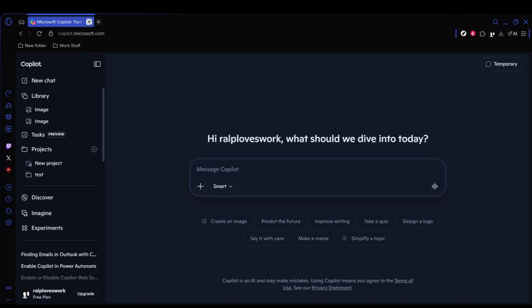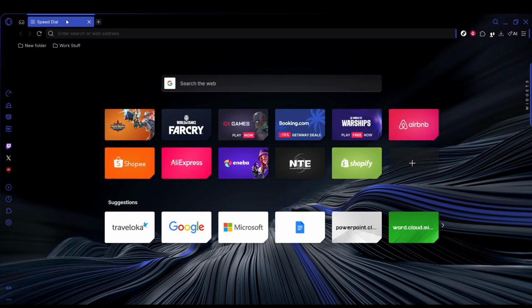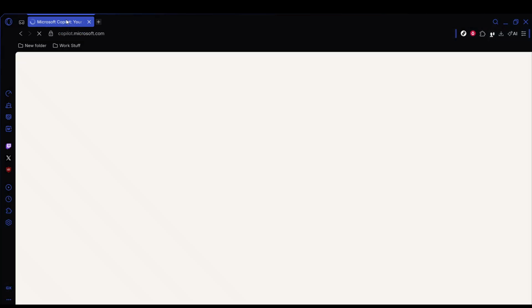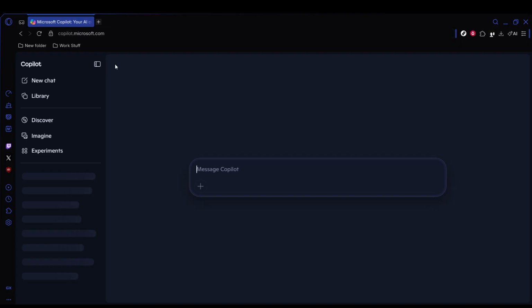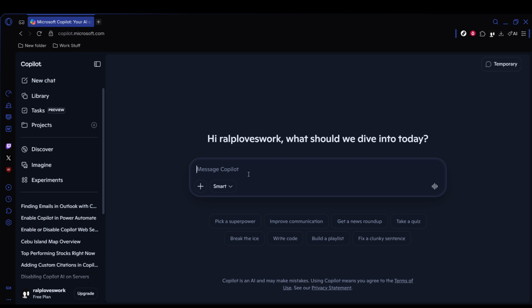Once the panel is open, look near the top or bottom of the chat window for the new chat button. In most versions, this appears as a plus sign or sometimes a broom icon. Click that button to start a fresh conversation session. This is often the fastest fix because it clears the current thread and gives Copilot a clean chat window to